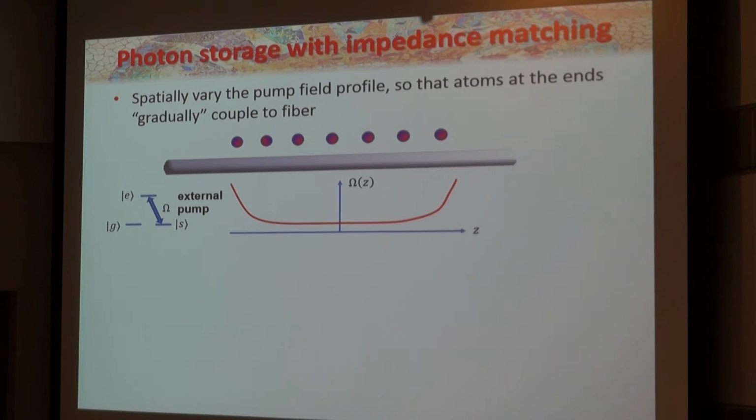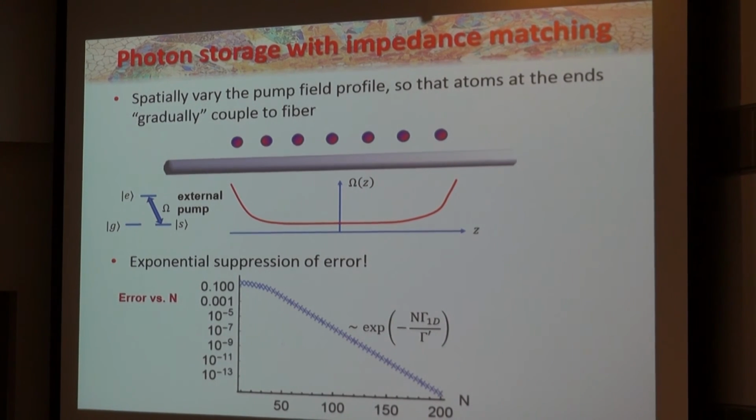And so you can do that calculation. So again, it's this process of photon generation or storage. And now what you find is that the error versus number of atoms goes exponential. Okay? So it's not 1 over n, it's e to the minus n. And then just for this kind of physical nanofiber system, within the collective emission model, the error was about 10%. And then if you do this process here, the error has dropped to 10 to the minus 13. Okay, so you're just limited by other factors rather than subradiance.